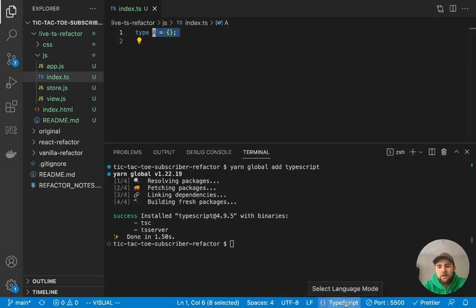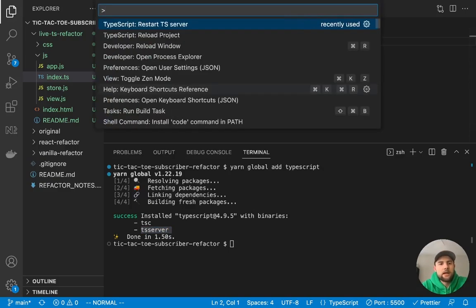What you'll see down here in the bottom right is that VS Code has detected that we're using TypeScript, and it's kind of kicked off the TS server. I believe that's how it works. Leave a comment if I'm wrong on that. But if we hit Command P and then type a little caret, you can see that we can search for TypeScript and restart the TS server or reload the project.